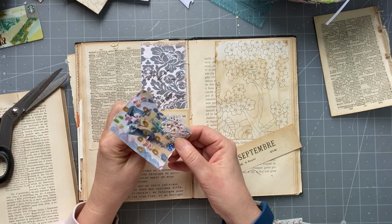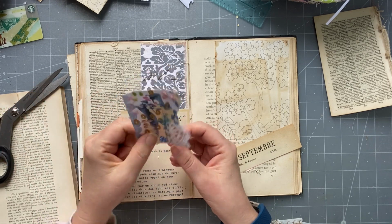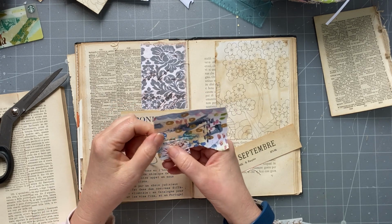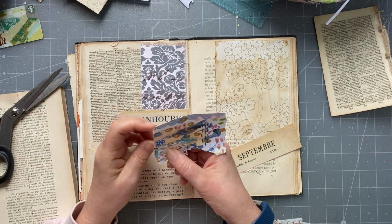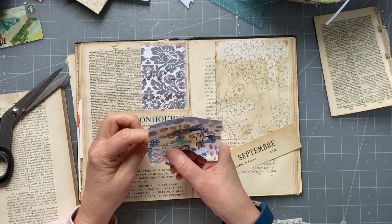Oh my goodness, I did not sleep well last night. Sometimes my mum says she can't watch Anne's video on Friday because it makes her not sleep, because her mind is ticking over. What am I going to do? And sometimes Anne really does throw us for a loop with challenging us with the project for the week, because